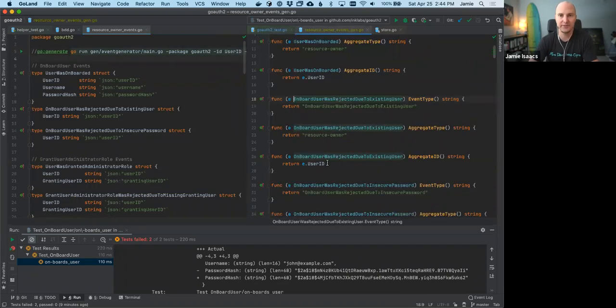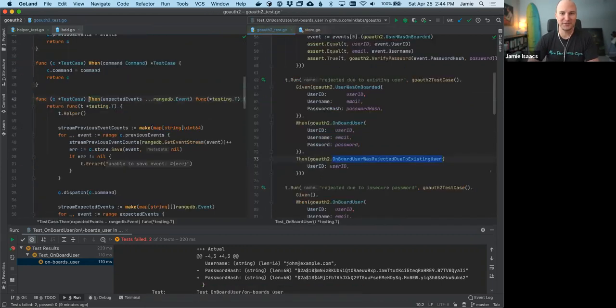And then it generates these files on the right. So these three methods are implemented. It has an event type, which is user was onboarded. It has an aggregate type, which is resource owner, as well as aggregate ID, which is the user ID. Okay, now to answer your question for real,